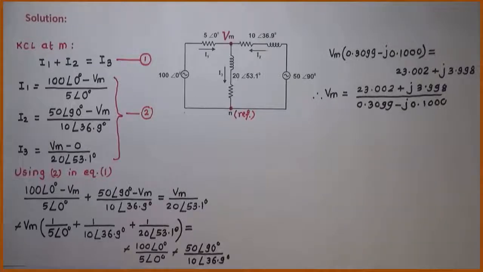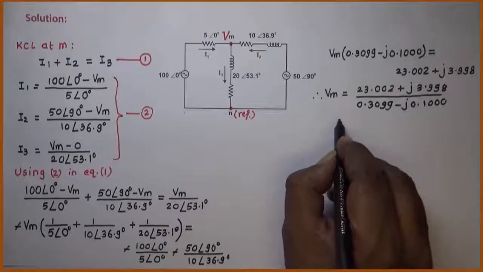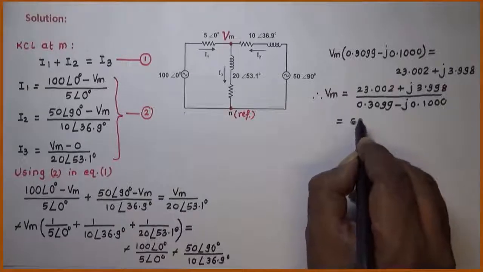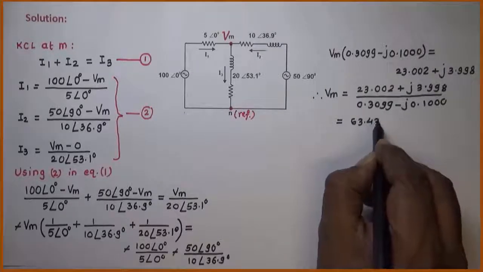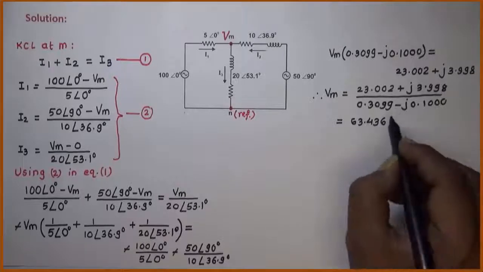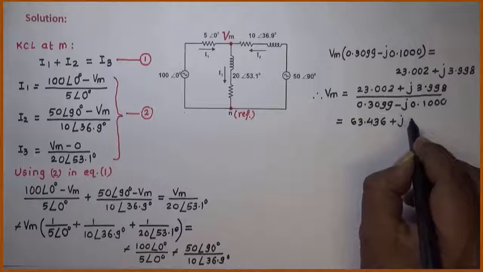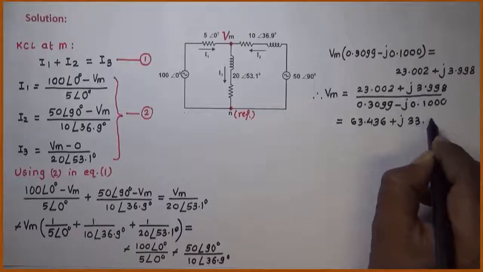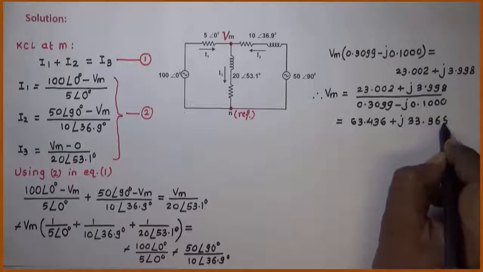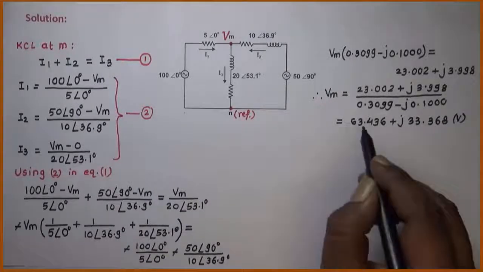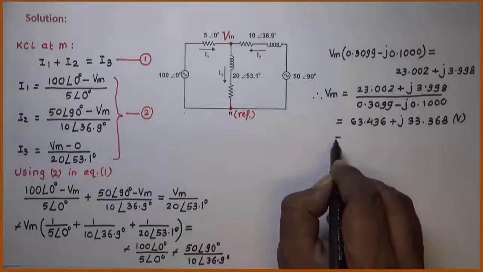Once your calculations are over, start the video again and check your answer with my answer. It comes out to be 63.436 plus j33.368. If we convert this rectangular number into a polar number, it is equal to